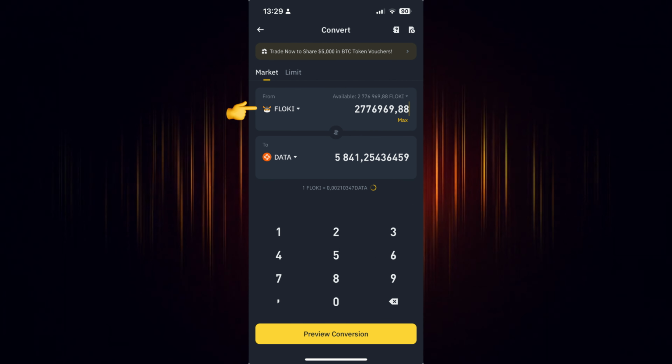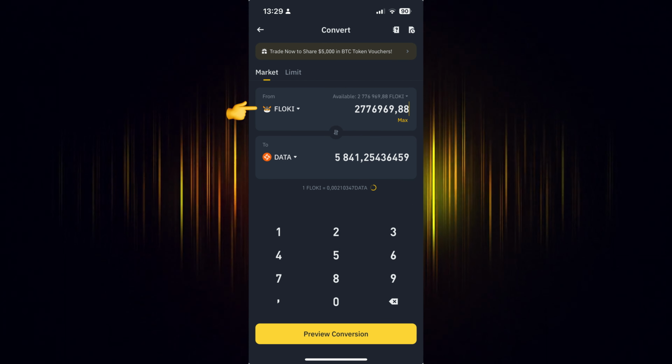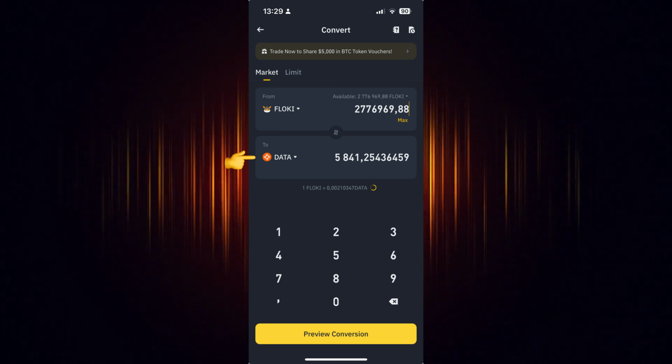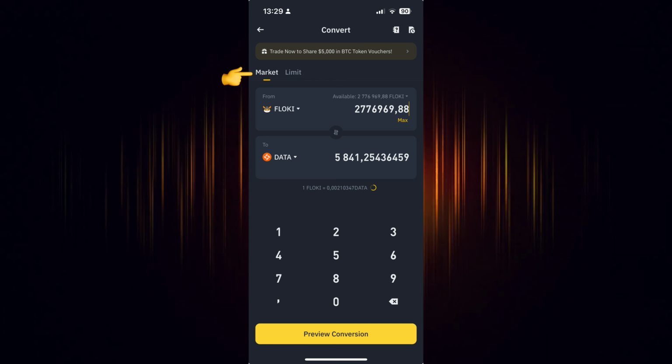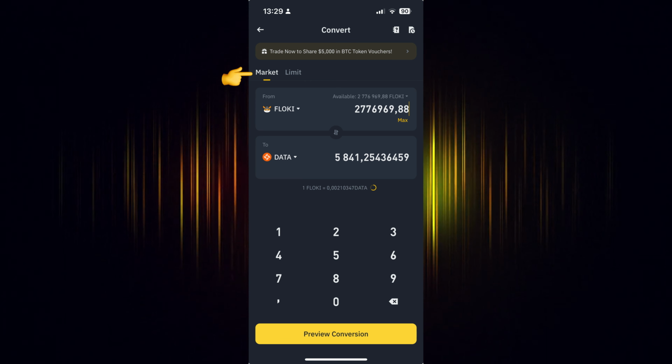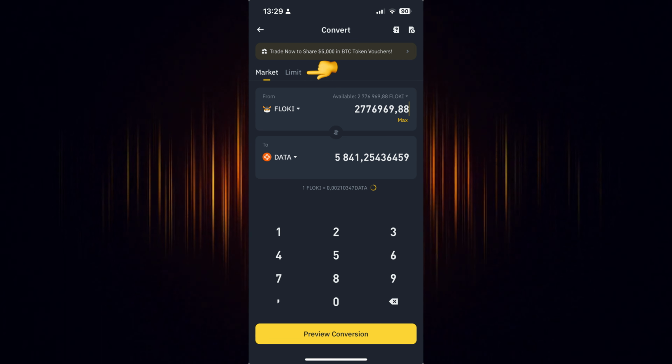Now select the currency you wish to use for the purchase. Then add the currency you want to buy. In our case, we are looking to buy data. There are two ways to buy it. You can either choose the current market value, or you can set the specific price at which you wish to